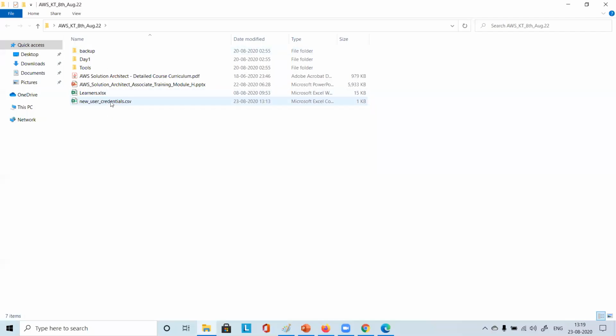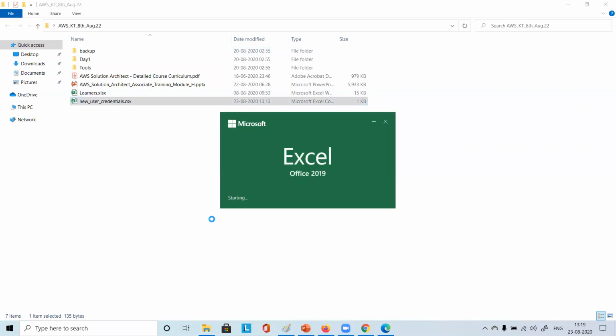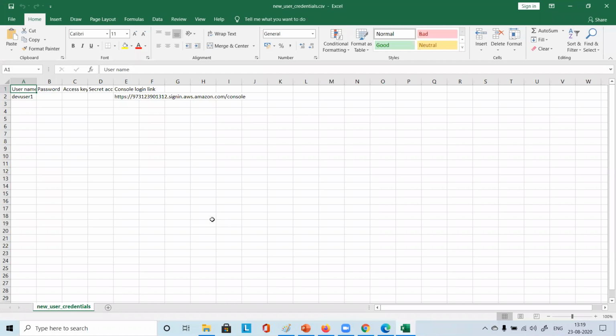I will see the new user credential. If you just go there, hopefully you see here. You saw this. So you have the link. In that link, it is my account ID, you see. The link itself is my account ID dot signin.aws.com/console. So the link itself contains the account ID, and the username. If it was an auto-generated password, then that password would have been visible here. Now that I have created it myself, it's not visible here. If you auto-generate, it will come here.